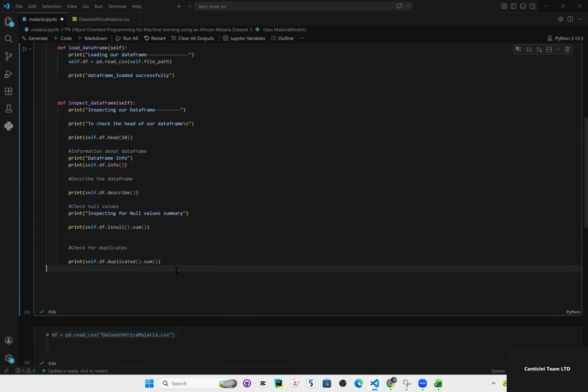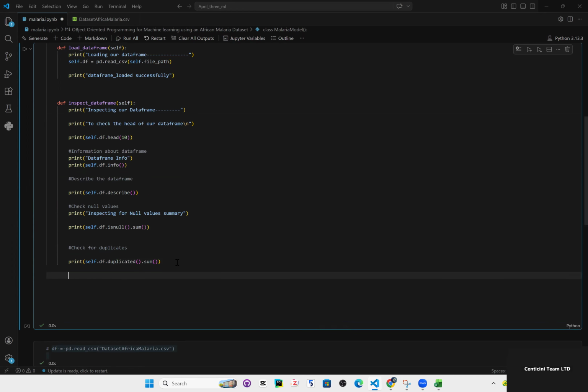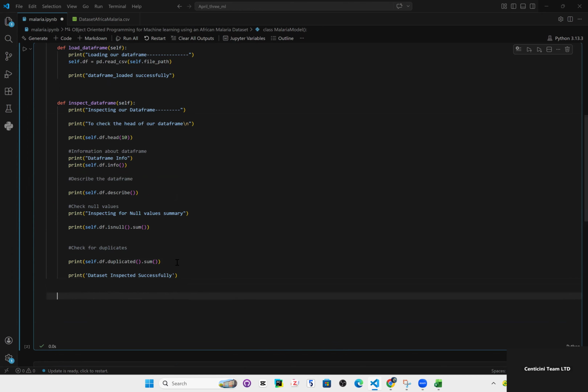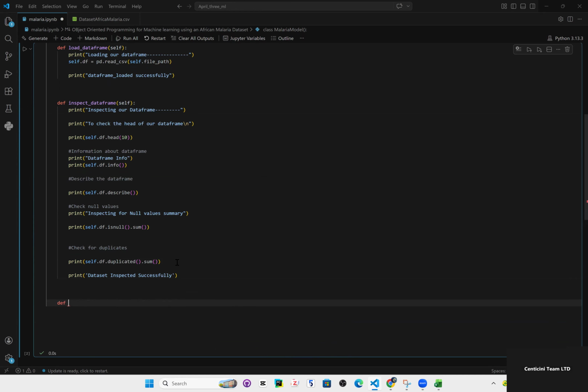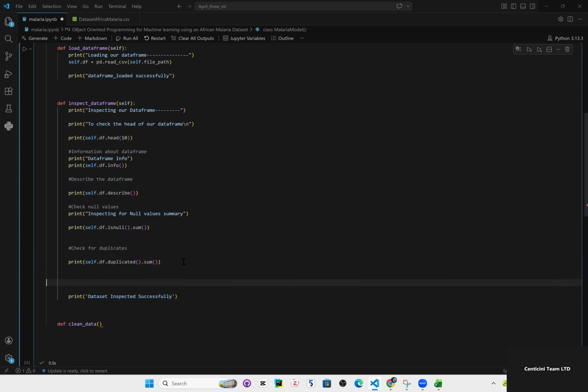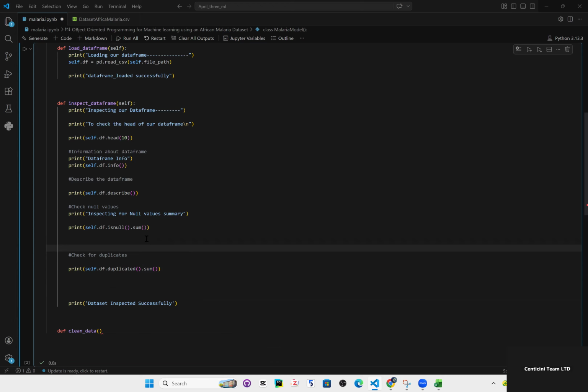Now, the next thing we're going to do, after we're done with checking for duplicates, is print "data set inspected successfully". All right. The next one we're going to do, we're going to create another method. And this time around, first of all, we're going to call it clean data. Cleaning the data. So more like we'll remove non-values because we could also want to add, to inspect to see, maybe